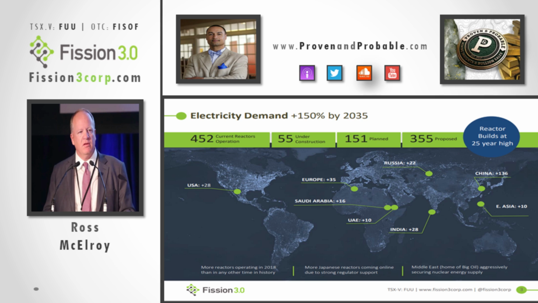In other words, all 52 reactors I think they had working at that time went offline, and that caused disruption to the supply-demand situation globally. But what's happened since then is Japan is slowly coming back on. Their alternatives for power are pretty limited. Japan doesn't have very much of its own resources, if any at all, so they import whatever energy that they need, be it natural gas or nuclear.